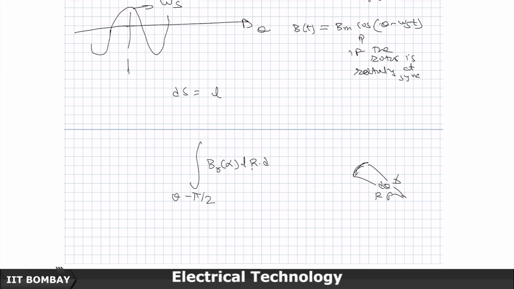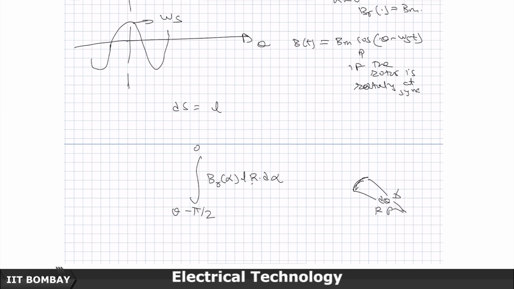This should be alpha, I am sorry, alpha is my variable, and this will give me the flux which is linking the